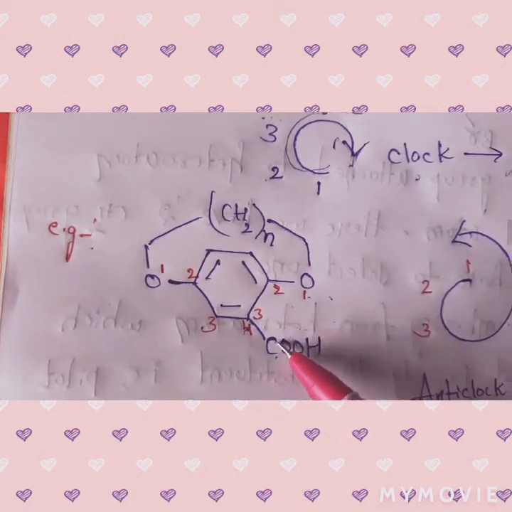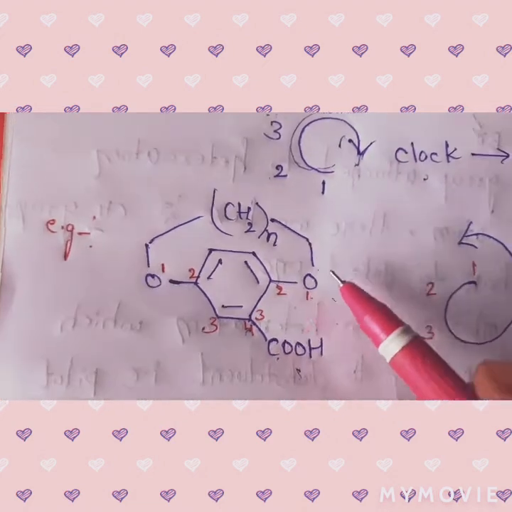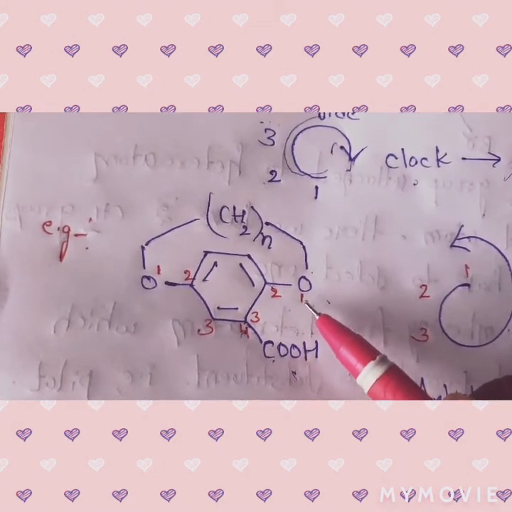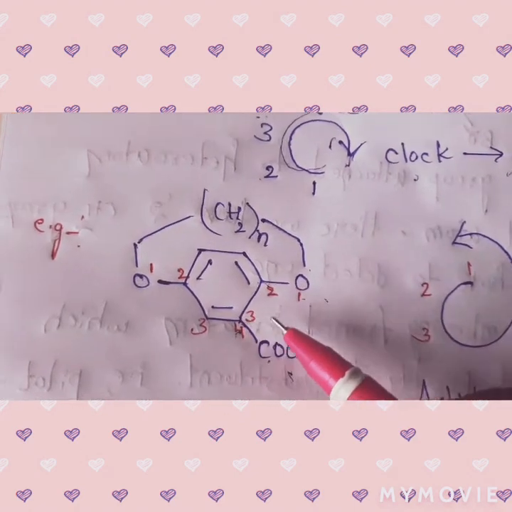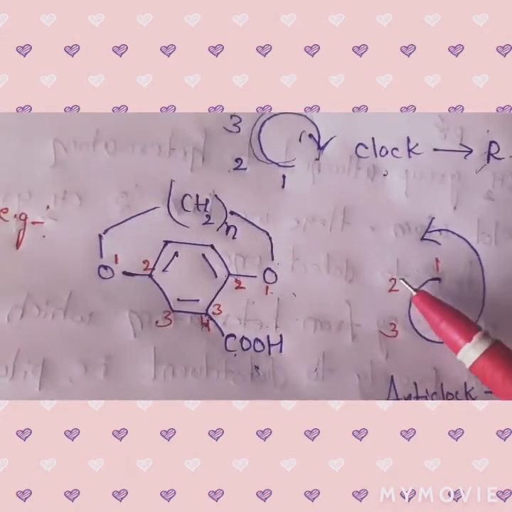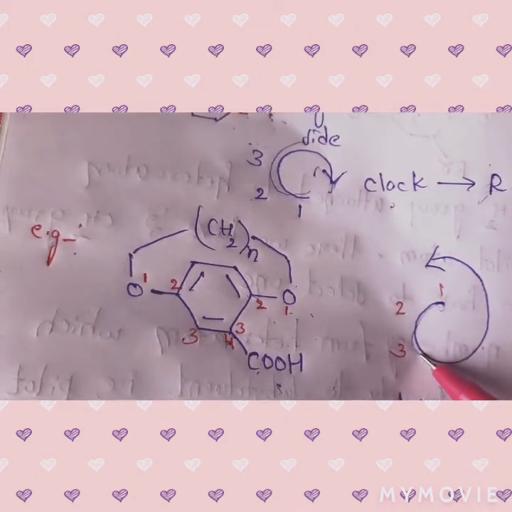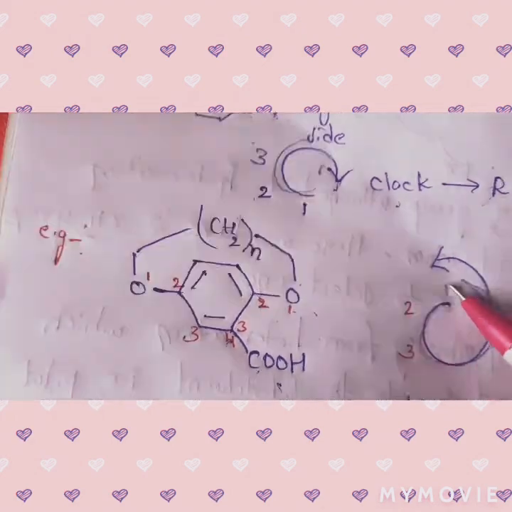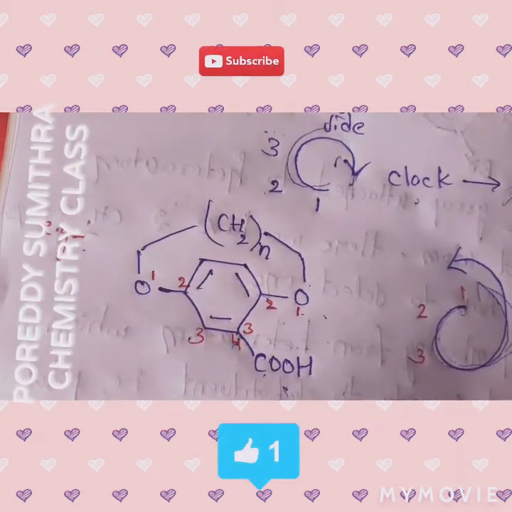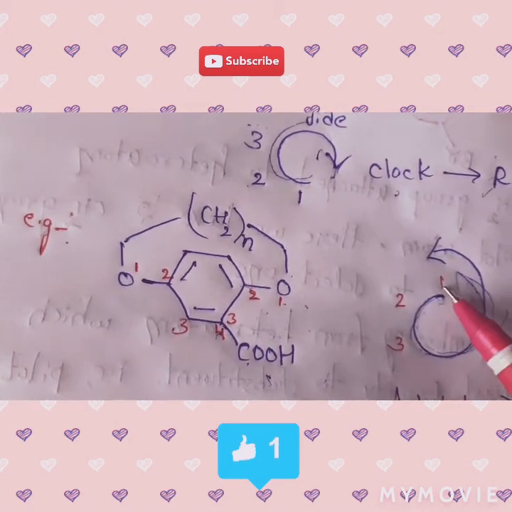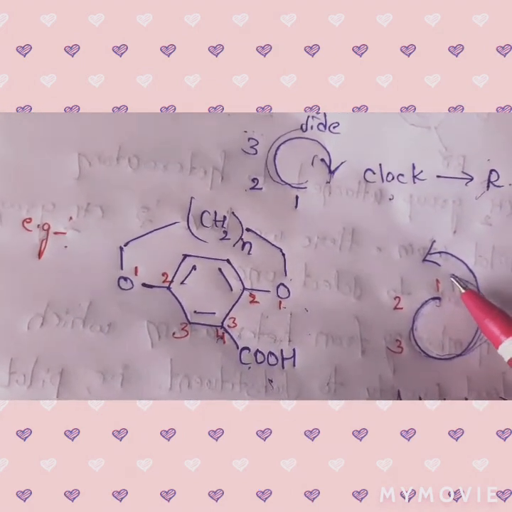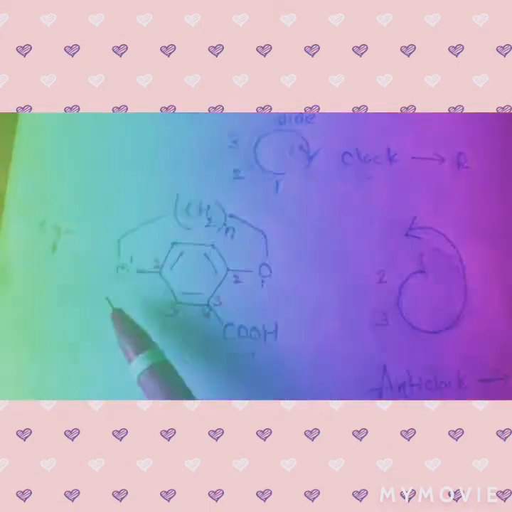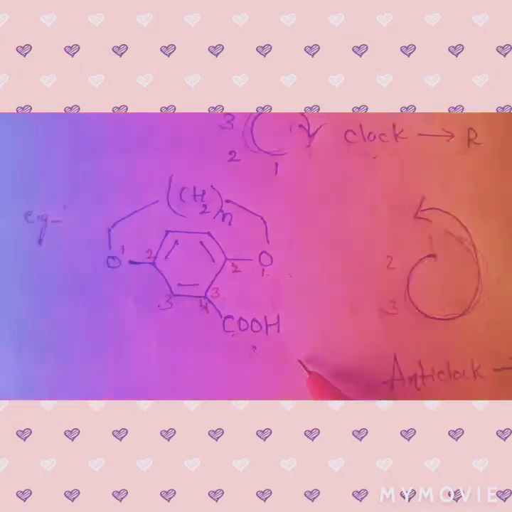According to our rule, the side with the least substituent priority should be preferred, so we prefer this side, and just draw the arrow based on these numbers 1, 2, 3. The same thing I have drawn here. Just draw an arrow like this. Here the arrow is showing the anti-clockwise direction. Just observe your clock, then we won't get confused. Anti-clockwise means sinister, so this ANSA compound shows the S configuration, the sinister.